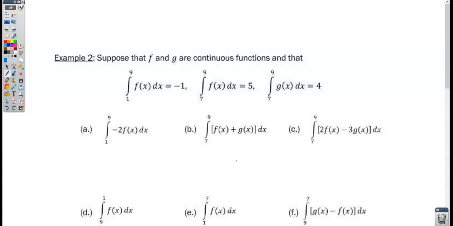Alright, welcome back everybody. We are here for our second video on section 6.6, applying properties of definite integrals for AP Calculus. Alright, so let's go ahead and we'll work through example 2 here, just using a bunch of our